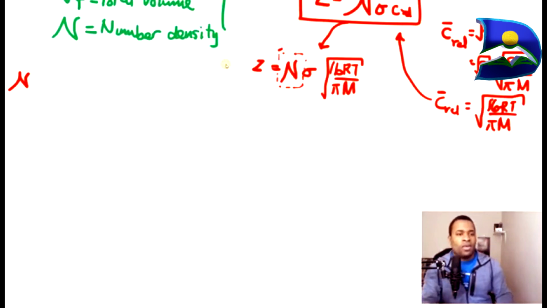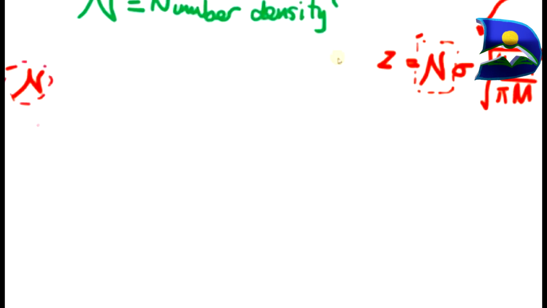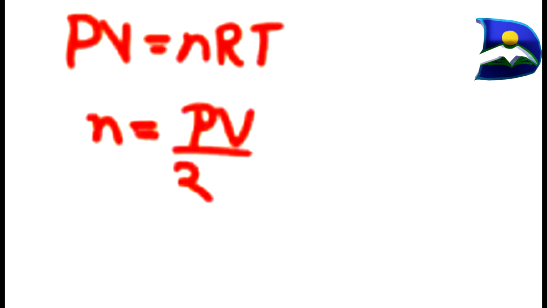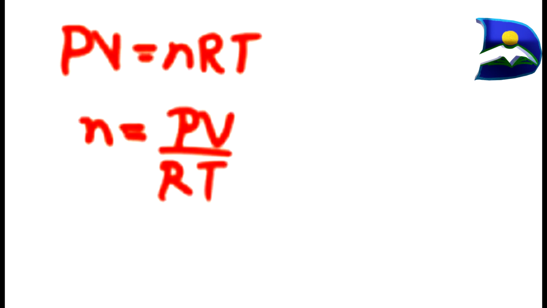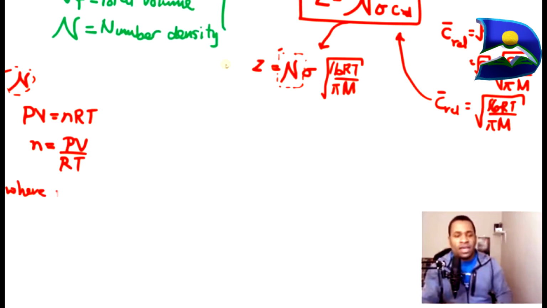First is that we know that for our ideal gas law, PV is equal to nRT. Therefore, if you solve for n, we actually have this equal to PV over RT. And so take note that our specific n is equal to the number density multiplied by the volume over the number of particles. Take note that the small n here is measured in moles. So therefore, this is going to be applied to this particular expression